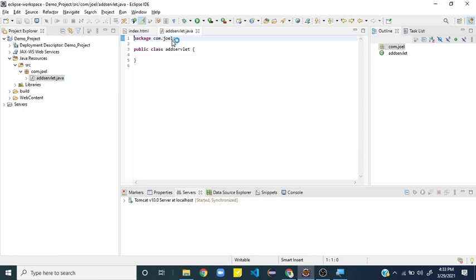So anytime, everywhere, if you want to link your AddServlet with any other program or any other XML, you have to use this package. And by default it has a class name as AddServlet, the same as the file name. And here it's a Java program. For people who might not be familiar with Java programming, initially you have to mention the access specifier. Possibly it should be public, and then class, and then the class name.